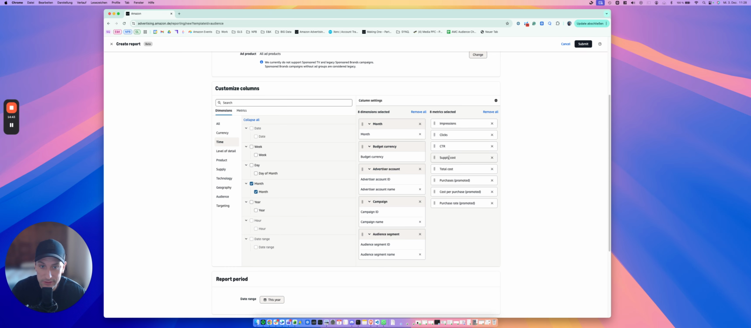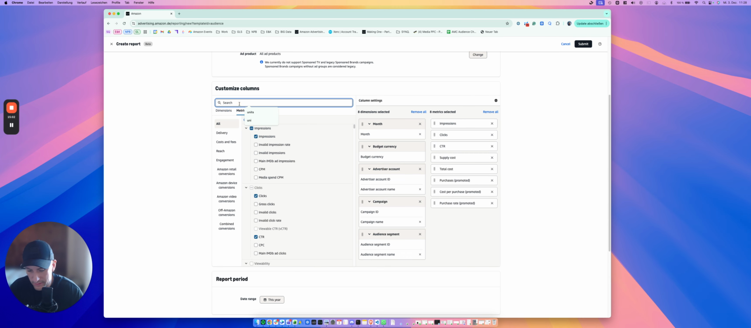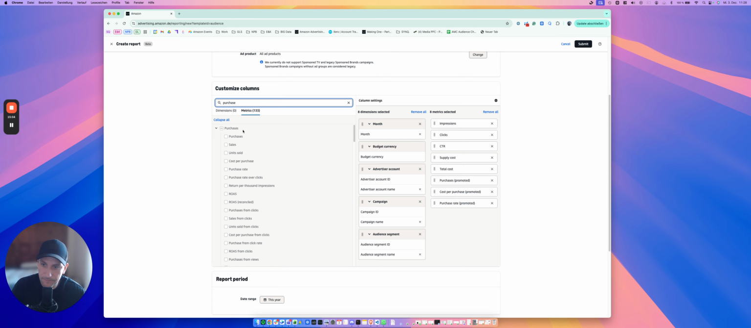Impressions, clicks, CTR, supply costs. This is coming from DSP. DSP audiences have a supply cost. Total costs, supply cost means there's an additional CPM you need to pay. Purchases promoted, cost per purchase promoted, purchase rate promoted. I will not go into details on these metrics, but because of the DSP